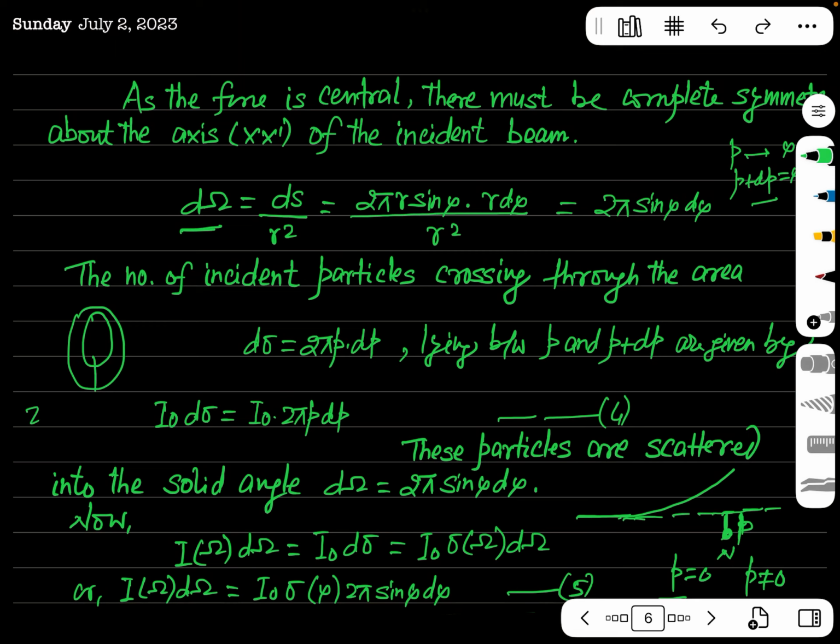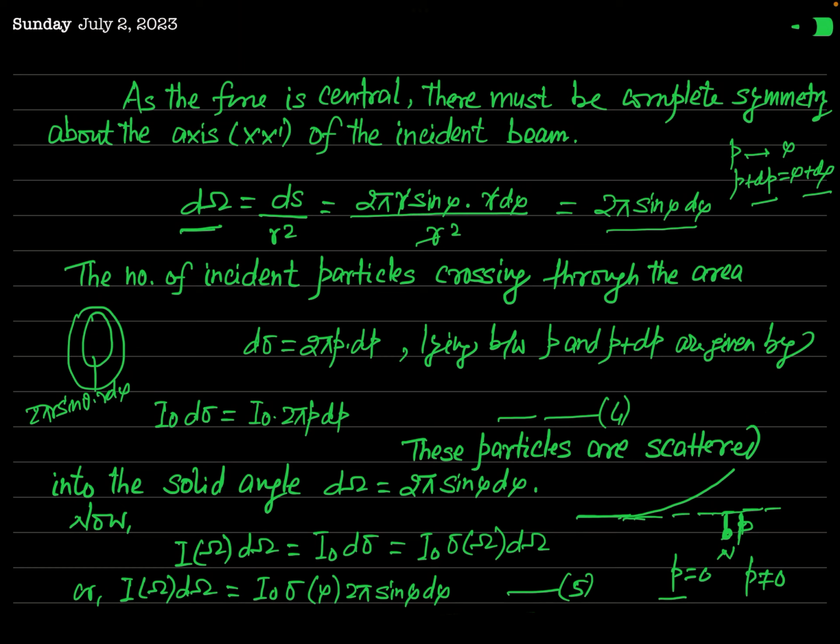circumference, and the circumference will be 2 pi r sine phi. This is its circumference, and its width is r d phi. So 2 pi r sine phi r d phi, this is its area, divided by r squared. Now this r squared will cancel out, and the solid angle subtended by it is 2 pi sine phi d phi. Now the number of incident particles crossing through this area d sigma,